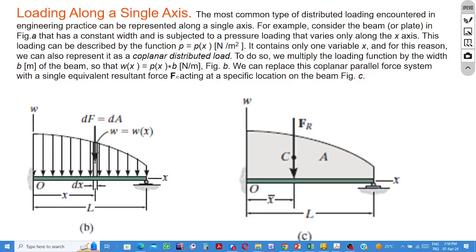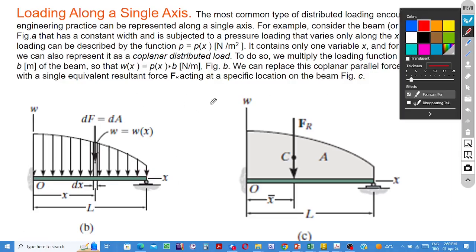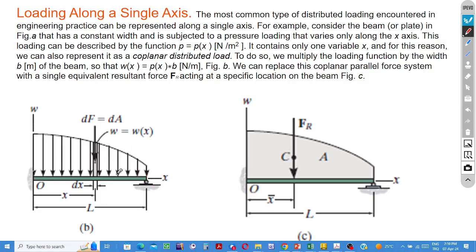And then, making a similar interpretation, to be able to find the resultant of such a force system, a distributed load, we select an infinitesimal small portion over the contact surface. Okay, it is value